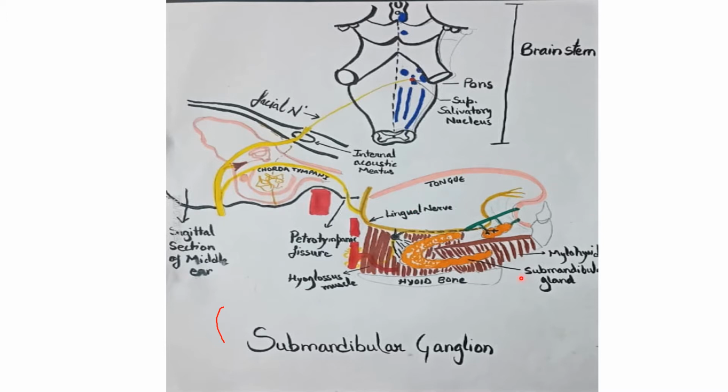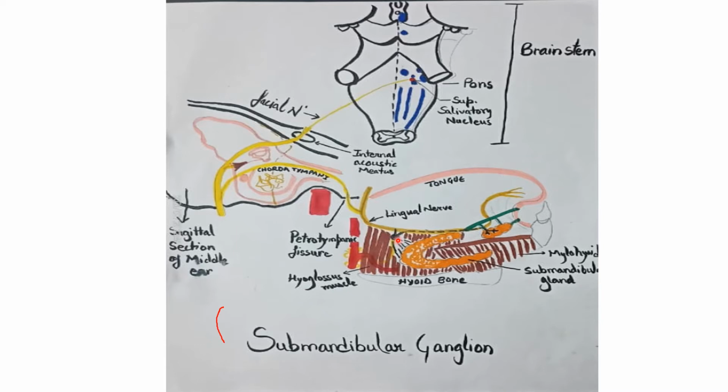And this is a sagittal section of a tongue. This is the tongue. This is a section of the mandible, tooth, hyoid bone, and the muscles related to this region, right? And this orange is the submandibular gland. The bigger one is the submandibular gland, superficial part, deep part, and the sublingual gland. So let's begin with the ganglion.